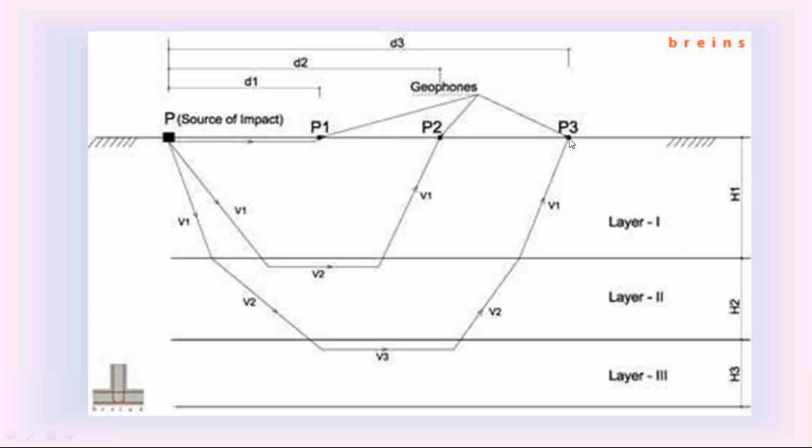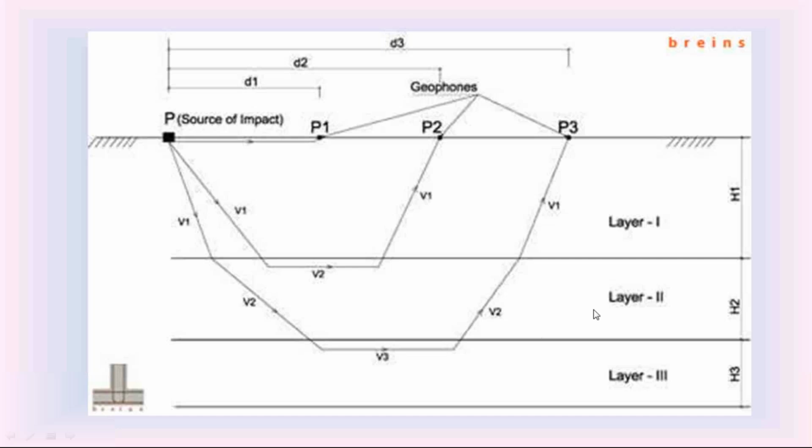In the seismic refraction method, we arrange the geophones. What is the use of geophones? These geophones receive the shock waves coming onto the ground level. When the shock waves come onto the ground level, they are received by the instruments known as geophones. Normally, we use these geophones to receive the waves coming to the ground level.